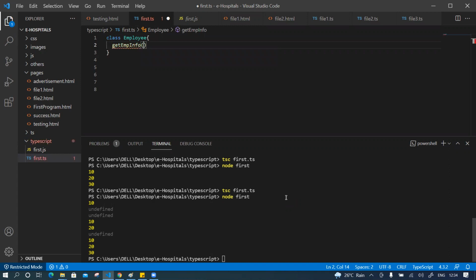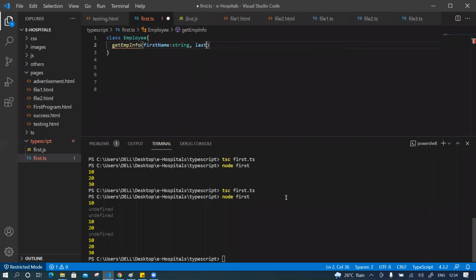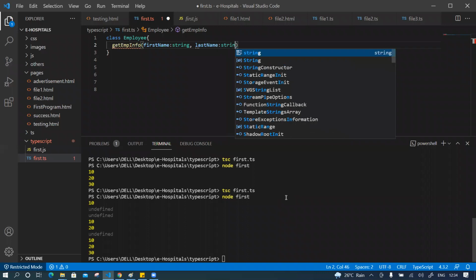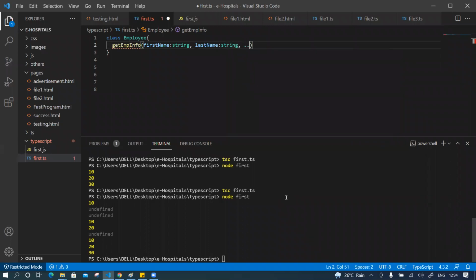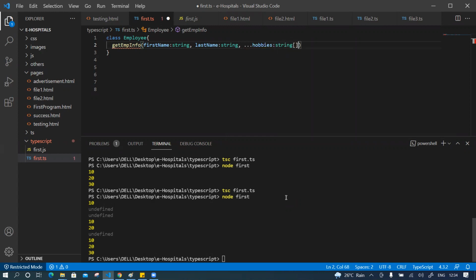I'm writing firstName string, lastName string, and 3 dots. Do not give 2 dots or 4 dots, it is exactly 3 dots. Then hobbies, a string array, or some sports. So the class has one method, and I'm trying to print